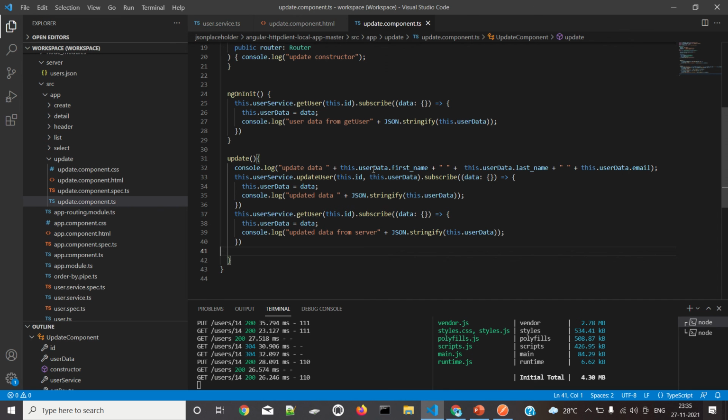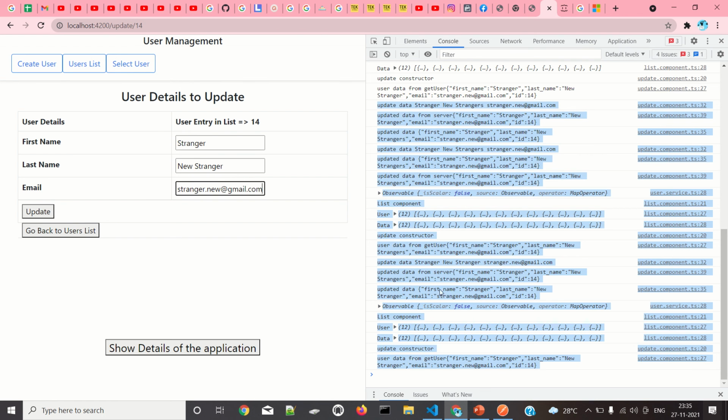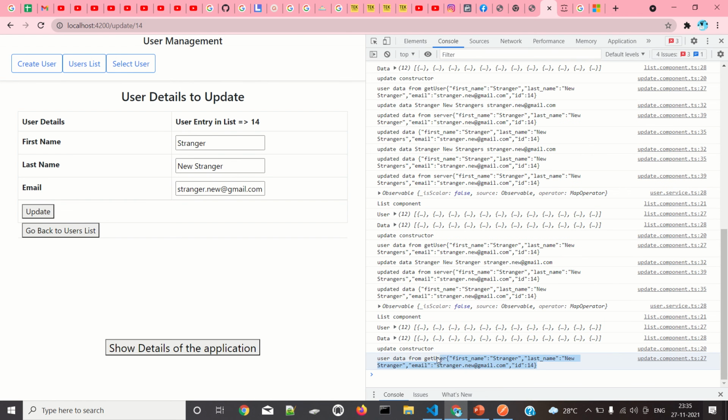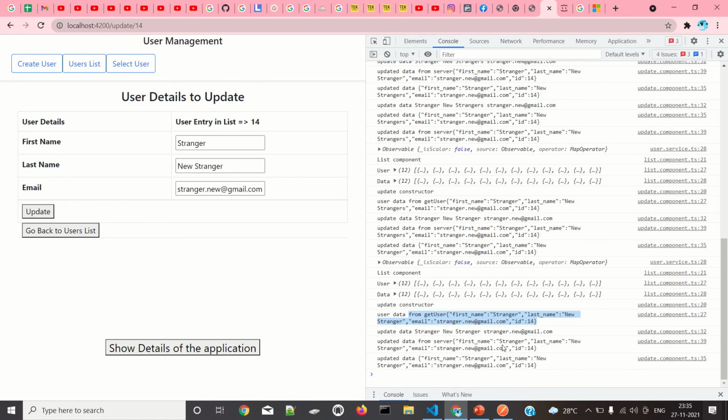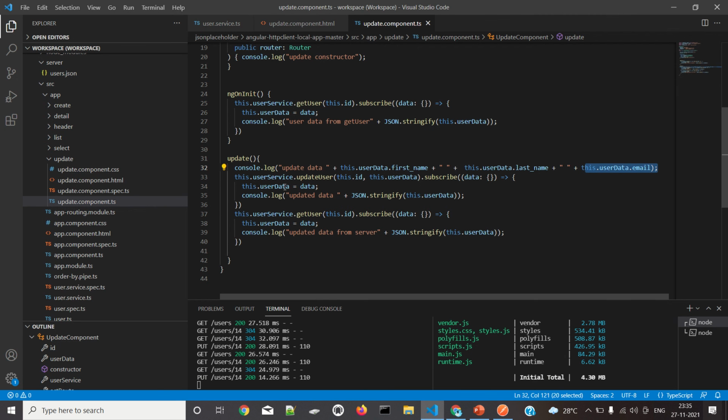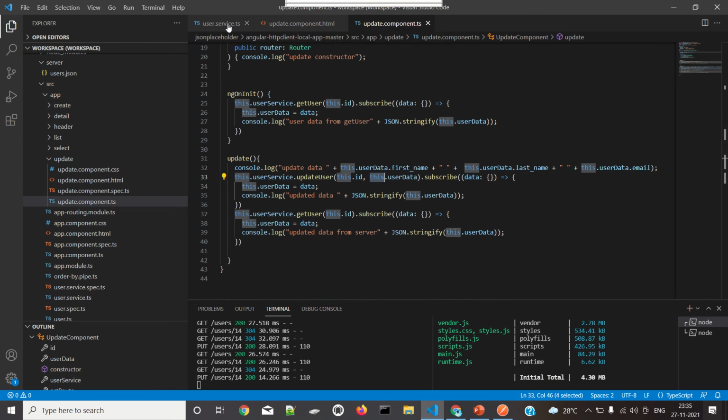First, based on the update, it will get the updated username, last name, and email. If I get any ID, these three things will come first. If I change anything and update, then these three things are updated. Then it will call the update service and pass this id and user data, and this will go here.